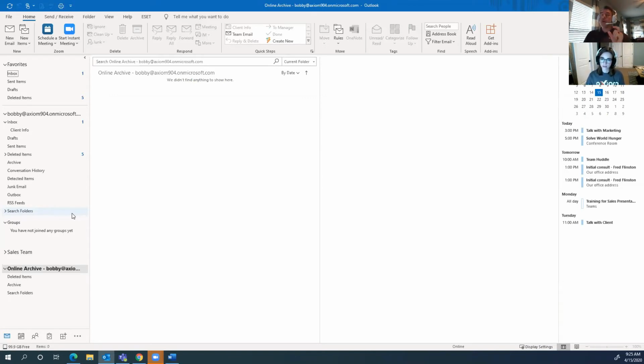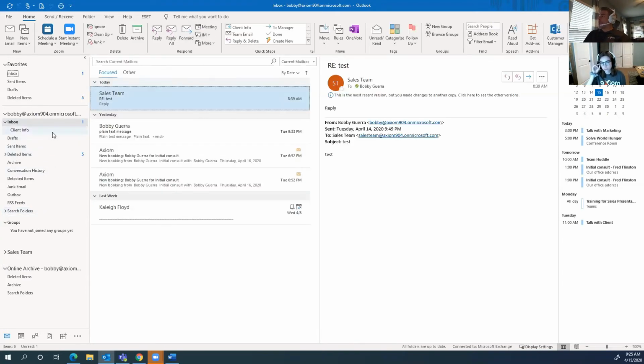That's a good point. So online archive has a 100 gig limit. So it's very large. Your mailbox limit, depending on your license, may be 50 to 100. So you basically get a lot more space available if you start taking that mail and moving it. Also, what's really nice too is when you're doing searches here in your inbox, it's a natural stopping point or filter to keep your searches more relevant in the time frame that you're trying to do.